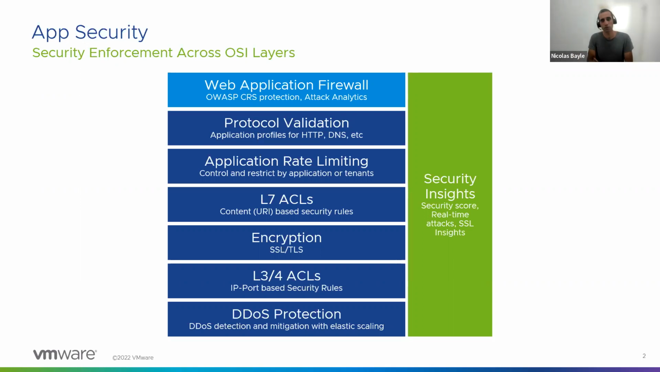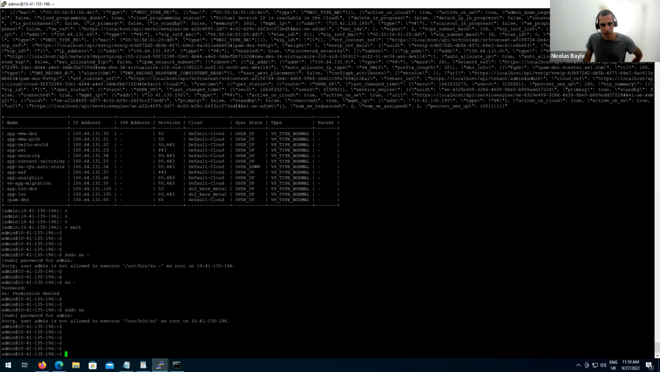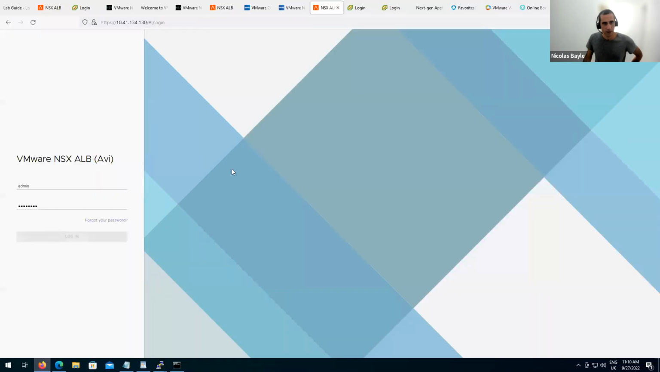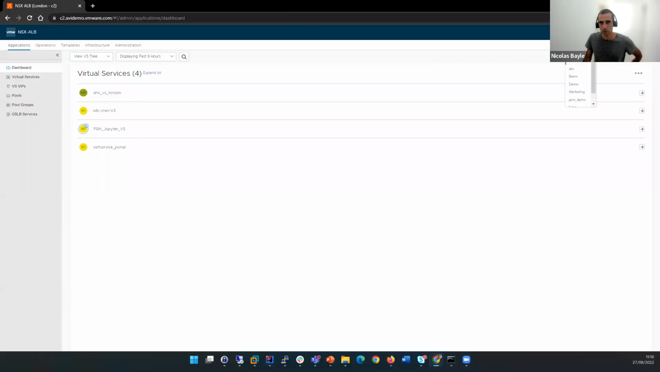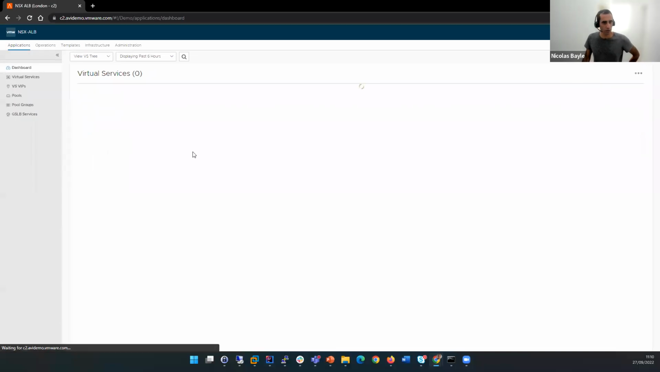And for this chapter, I have a few demonstrations that I want to do. So I will go back and forth as usual from the slide deck to my AVI controller, and I will show you how it works. So let's start with the DDoS protection, right? So when it's about DDoS protection, what I want to show you is from our demo system here. I have one of the virtual services, which is not here, but there. If I go to my demo tenant here, I have one of the virtual services called